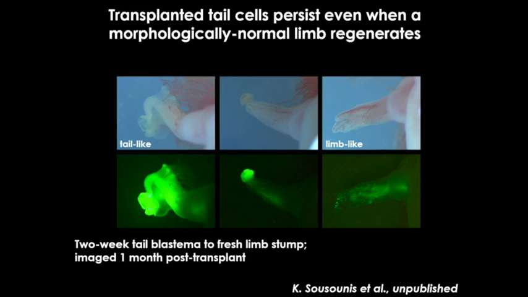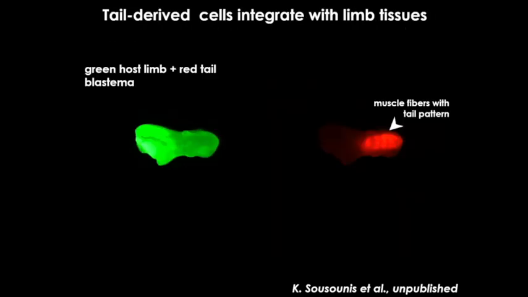So you can see the digits are starting to form there. And you can track the cells and ask questions about what structures they have contributed to. You can sort them out later, and you can go and compare, for instance, their transcriptomes to adjacent cells, et cetera. You can do this with a red animal and a green animal so that you can track both cells